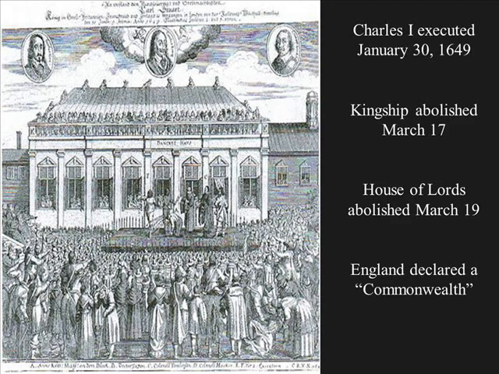A couple days later, they abolished the House of Lords, which is the higher body of Parliament, where only landowners sit and they inherit their title as a lord just by being a big landowner. There are dukes and barons and whatnot. So the House of Commons, which is where the common people are elected to go be representatives, vote the House of Lords out of existence, and they say that England is no longer a monarchy or a kingdom, because that implies having a king. They call themselves at this point a commonwealth,